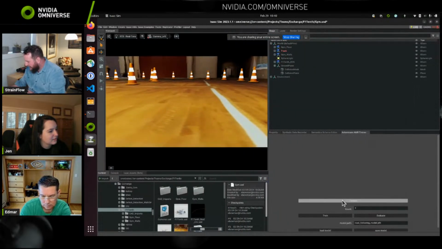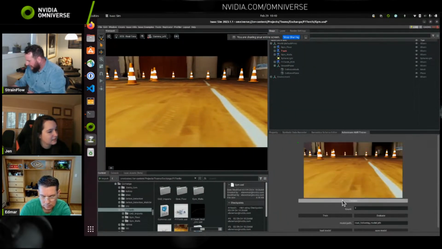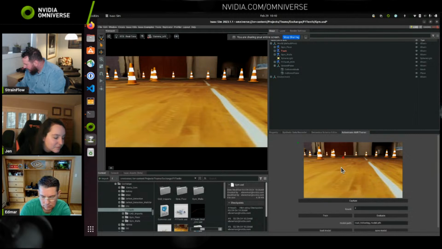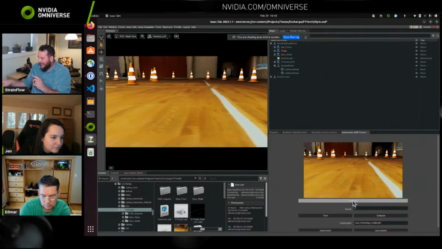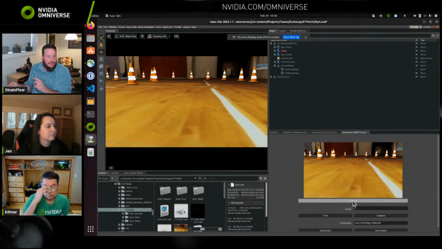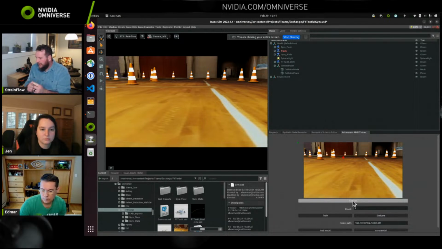Then we hit this capture button. And that captures the image from the viewport to this thumbnail. And then I click on this thumbnail. And that takes the image and it adds that annotation to the image where I clicked. Okay, and so what we're going to do is we're going to capture a bunch of images this way.